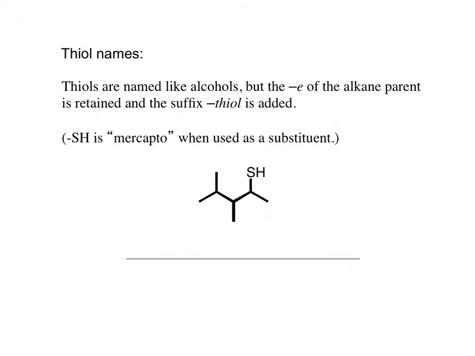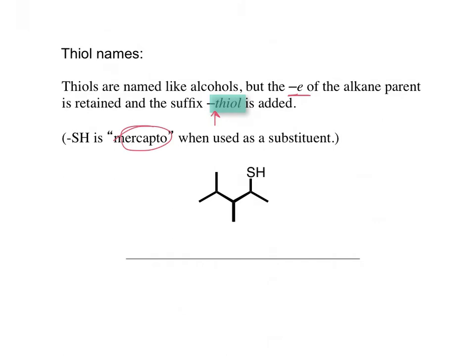Now thiols are compounds we're not going to spend a whole lot of time on, but we at least want to teach you how to name them. They're very, very similar to alcohols. Sulfur's 1 below oxygen in the periodic table. They're going to be named just like alcohols. The ending is just going to change. The ending for a thiol is going to be, surprise, thiol. Now because it starts with a T, we are going to be retaining the final E of that alkane parent. Okay? And just a particular note, if a thiol happens to be a substituent, you see the word mercapto used,